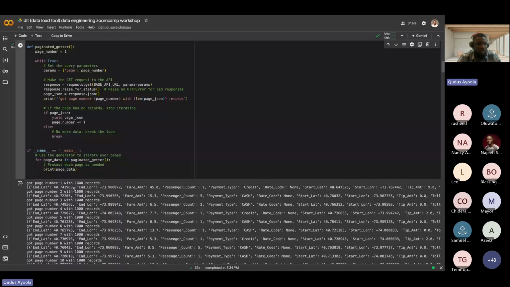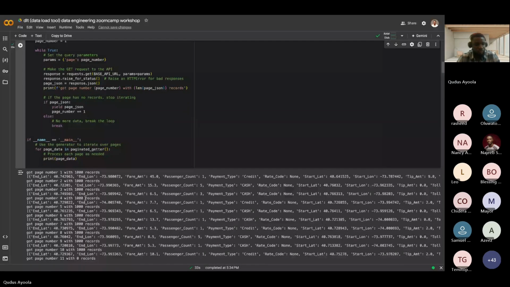So right here, you can see it's got page number 2 with 1,000 records. Then it moves to the next one, reads the next 1,000 rows, moves to the next record, reads the next 1,000 rows. Unlike trying to read all your data directly from the source and loading it, where you can run out of memory. So this allows you to better manage your memory.